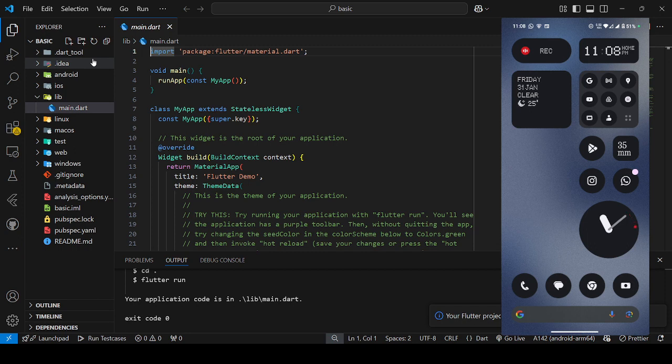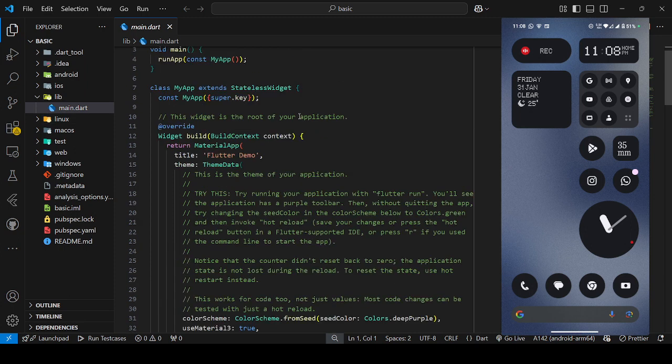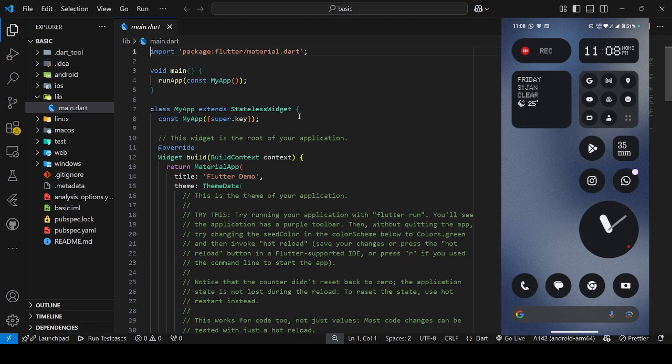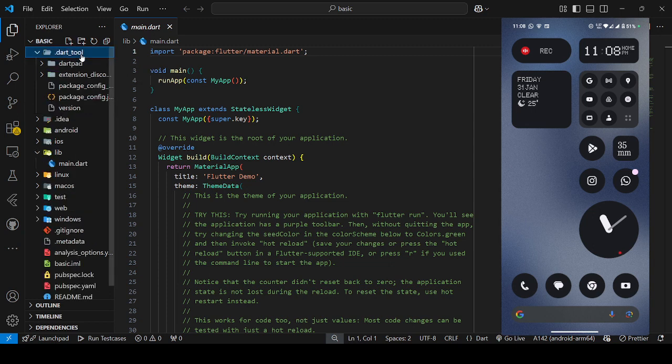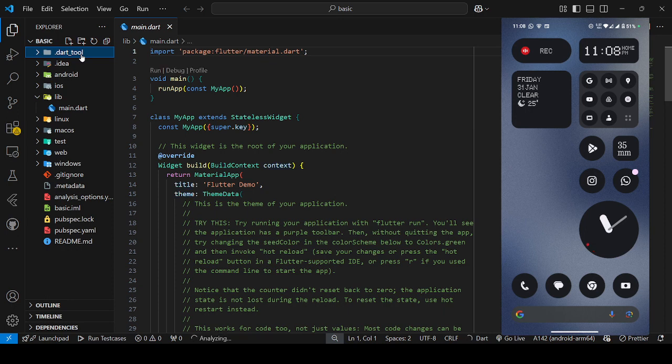सो दिस इज व्हाट अ बेसिक टैम्पलेट्स लुक लाइक, जहाँ पे मल्टीपल फोल्डर्स हैं एंड धीरे धीरे देखते हैं कि हर फोल्डर का क्या काम होता है। सबसे पहले डार्ट टूल फोल्डर कंसिस्ट ऑफ ऑल द डार्ट कोडिंग कंपाइलर्स, क्योंकि फ्लटर एक लैंग्वेज है जो डार्ट प्रोग्रामिंग लैंग्वेज पे बेस्ड होती है। तो इफ यू वांट टू मेक फ्लटर ऐप यू शुड नो डार्ट प्रोग्रामिंग लैंग्वेज। ओके, एंड देन यू हैव एंड्रॉयड फोल्डर।